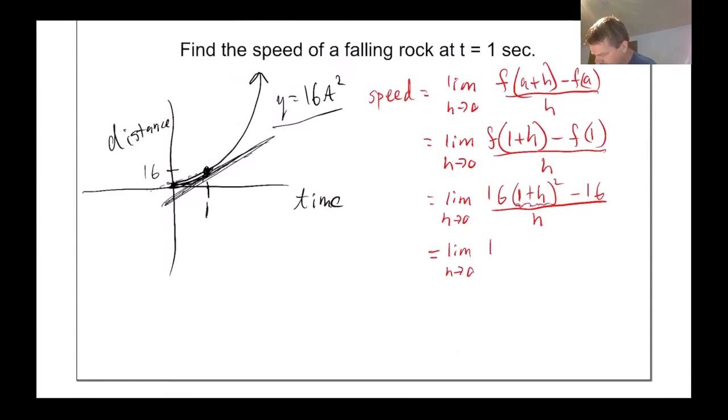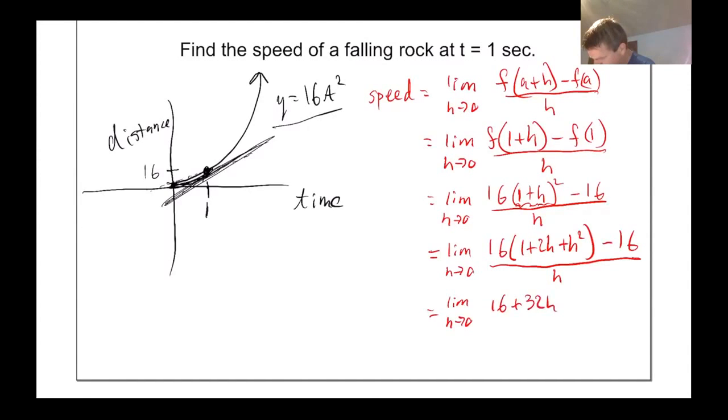This would be 16 times 1 plus 2h plus h squared, all over h, minus 16. I can see, look at that, those 16